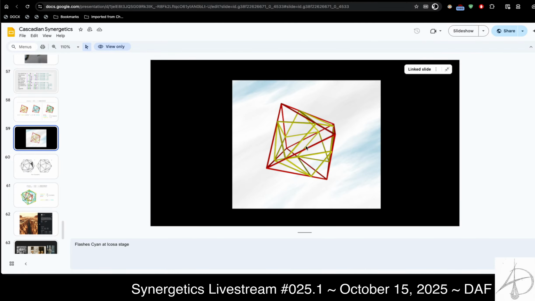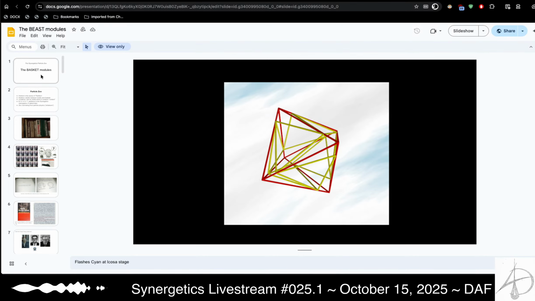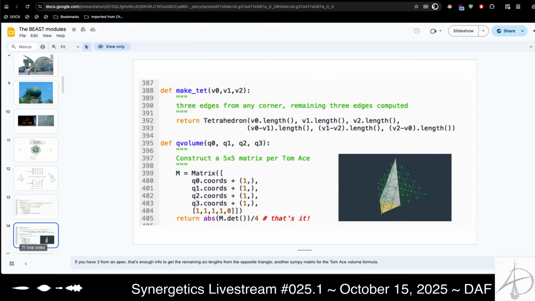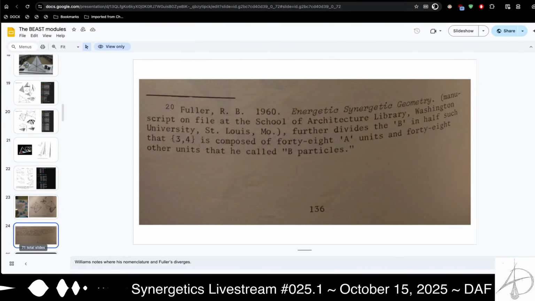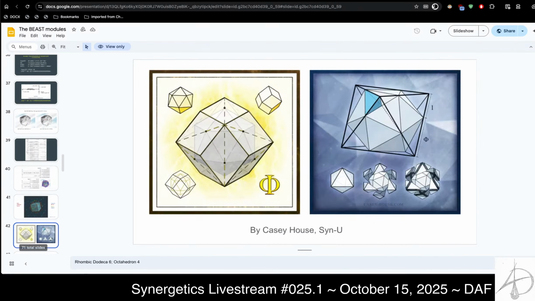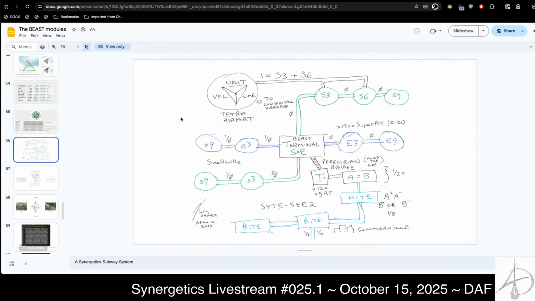Here's the unfolding of the edges. Nice GIF. That links out to the beast modules. So I'll just flip through the beast and the basket. You'll see a lot of similar themes, some slides copied, some different slides. This is a super useful image right here, showing a lot of the relationships amongst the different constants.